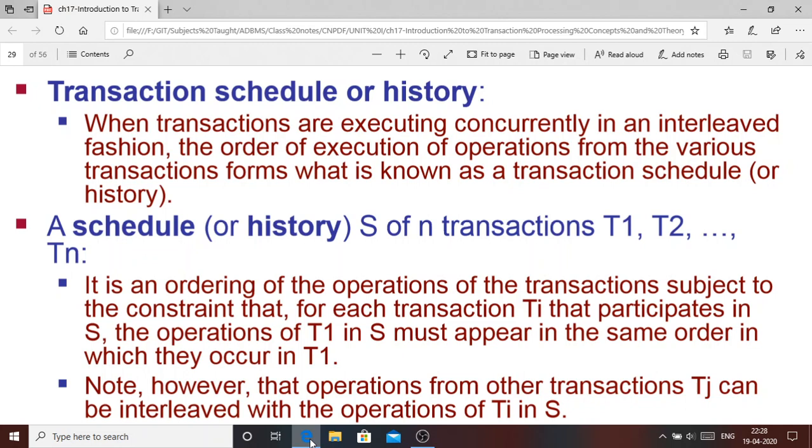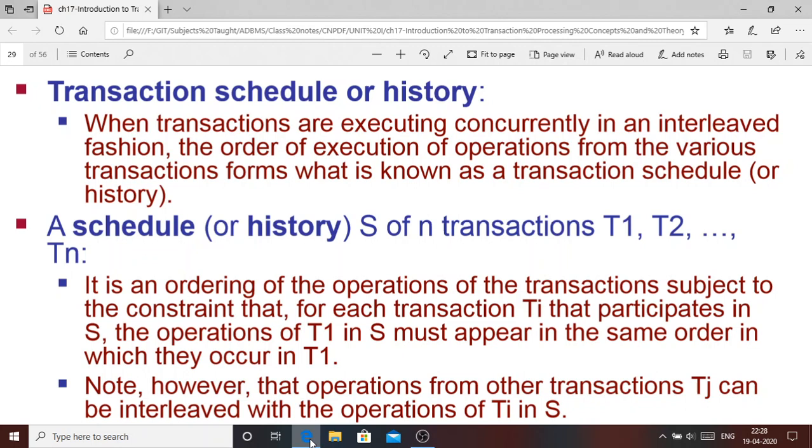That is, there may be a T1 transaction, another T2 transaction, a T3 transaction, and so on up to Tn transactions. N can be any value. This large number of transactions which are concurrently executing for a particular multi-user database form one particular schedule. So definitely the operations within those transactions must be interleaved when they execute concurrently.